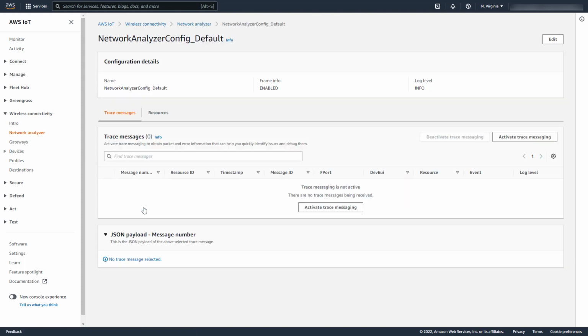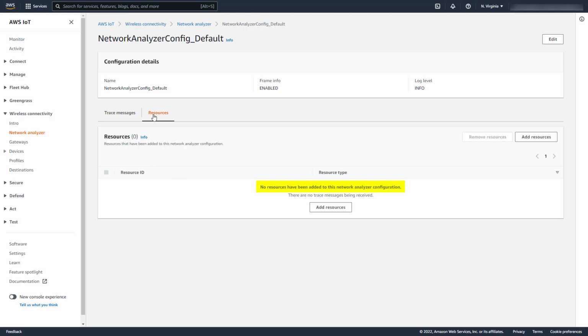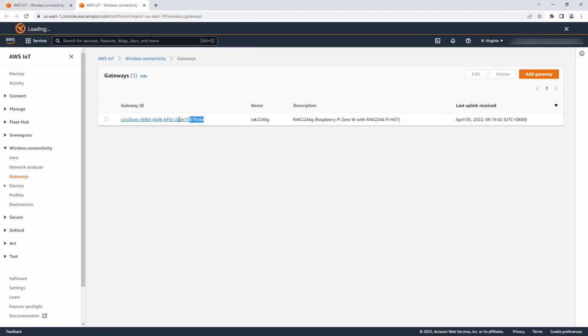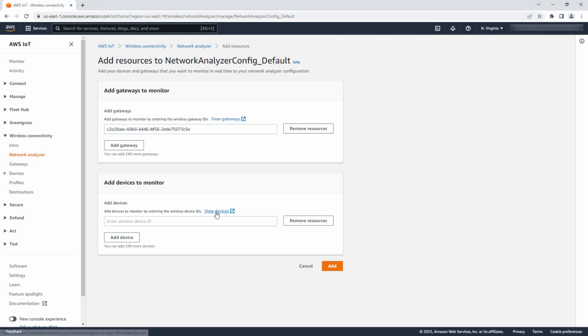Drilling down, we can again see the frame info and the log level settings. Clicking on the Resources tab, we confirm the configuration lacks device or gateway resources, and therefore we need to add some. For the purposes of this demonstration, I'll add just a single gateway and a single Class A device.